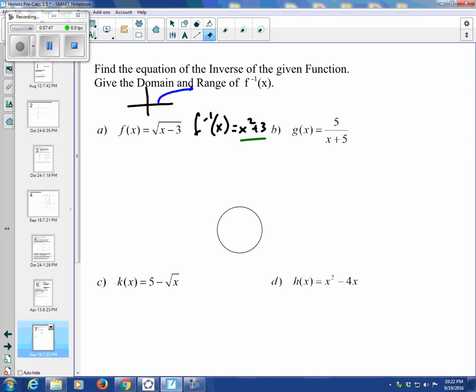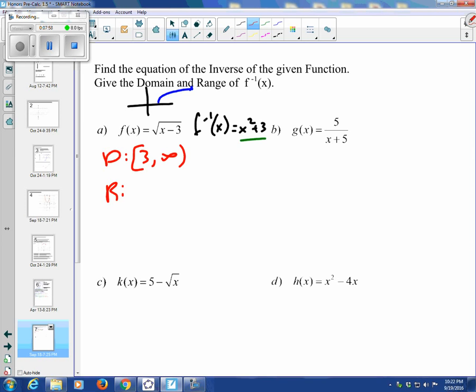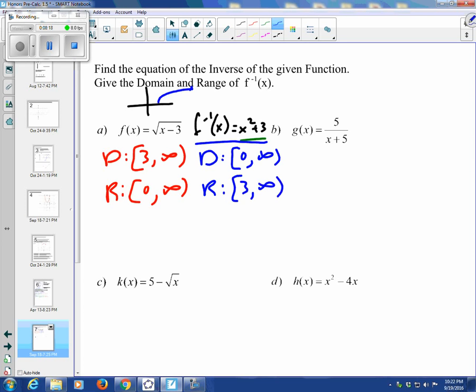So right here, looking at our f, we could say that the domain would be from 3 to positive infinity. And if we looked at the graph, we would be able to see that the range would be from, and including, 0 to positive infinity. And that means that for the inverse, we are going to have a domain of 0 to positive infinity and a range of 3 to positive infinity. And that is going to give us